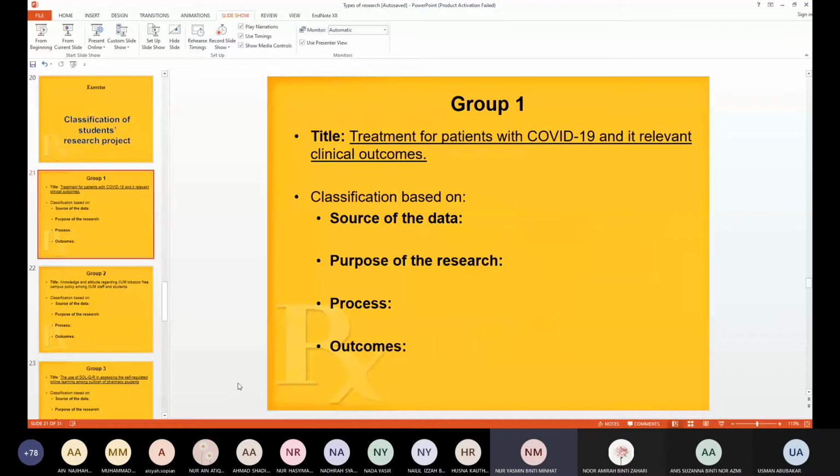Based on the source of the data that you wish to collect, in what category do you think your research falls in? Secondary. So that means you are doing a review. Yes, maybe a review. We don't decide fully yet. For now, what have you proposed? It's a review, right? Yes. So based on the source of the data, it's going to be classified as a secondary research. Any question regarding this or any objection from the members? All agreed.